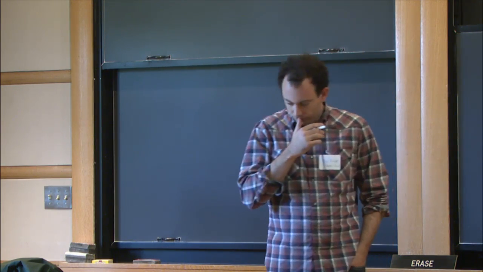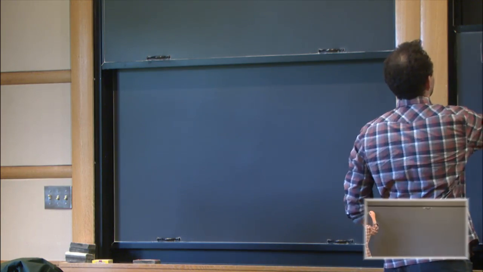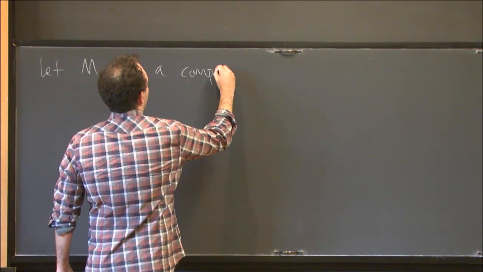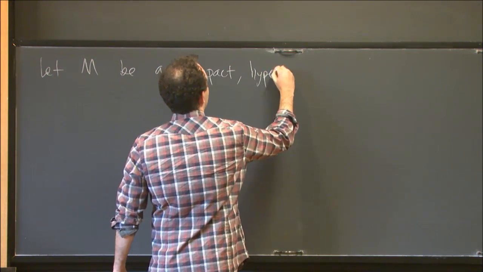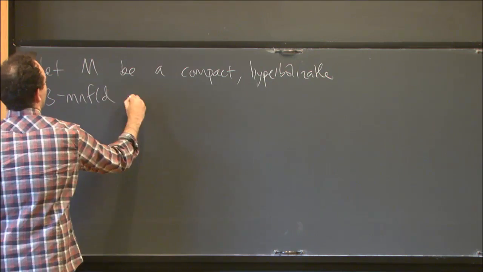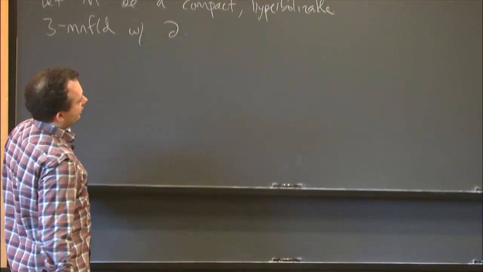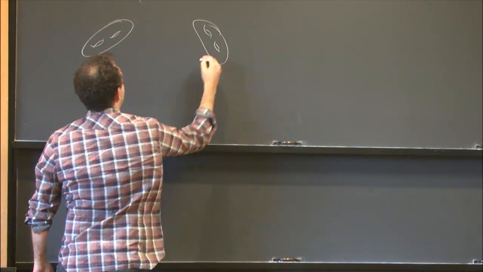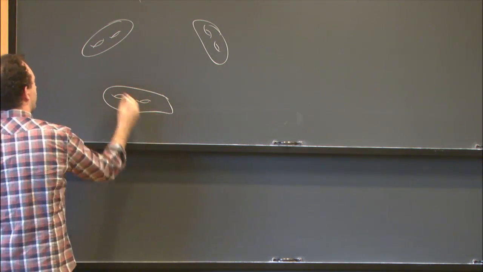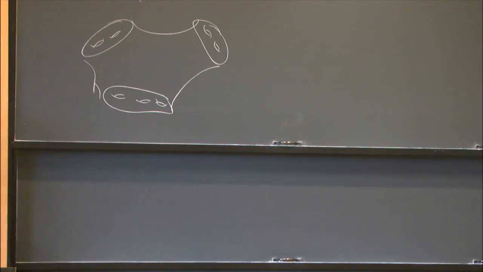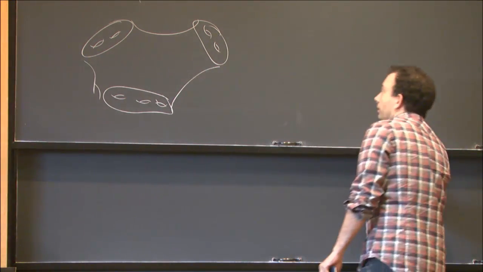All right. So let's fix M, a compact hyperbolizable 3-manifold with boundary. Here's a picture of said M. Of course, all 3-manifolds have genus 2 boundary. Well, okay, fine. So here's a picture of your M, and so our interest today is in hyperbolic structures on